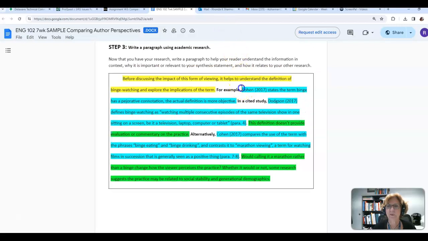So here we have what Cohen says, what Dodgson says, and then here the student tying it all together to give that mini comparison, if you will, of how these two authors differ or are similar on this particular part of the question.